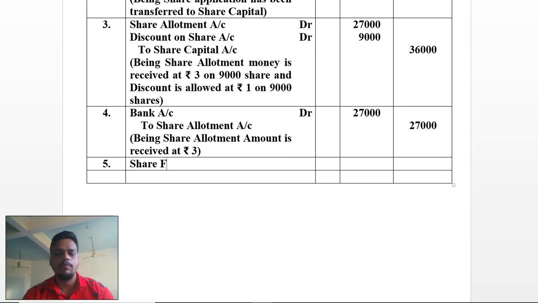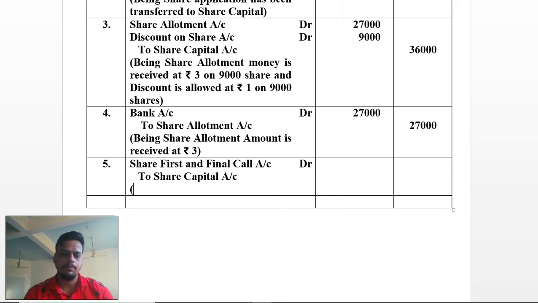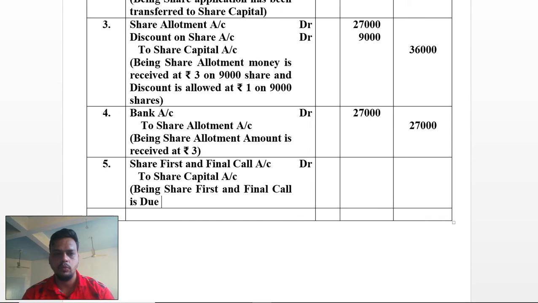So share first and final call account debit to share capital account. Here I am doing being share first and final call is due